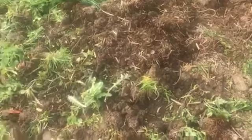Let me see, am I in focus? There. See, I've put it in the hole, and some of these are potatoes that I didn't manage to use from last year, and they've started to self-seed, started to sprout. Don't waste anything. So I'm not being very steady with the camera, but I've planted it. And I've just planted this whole area where the parsnips were dug up with these old potatoes that are beginning